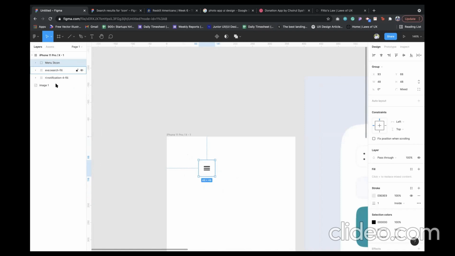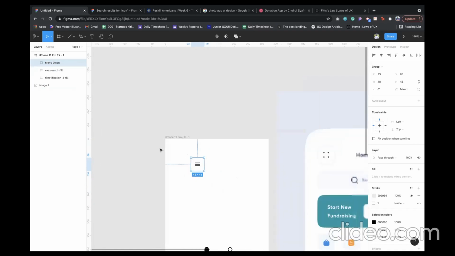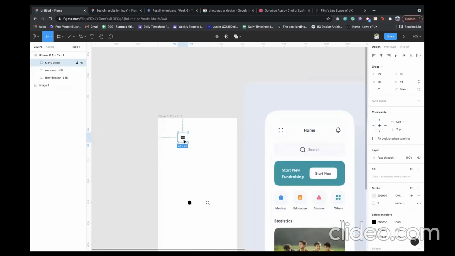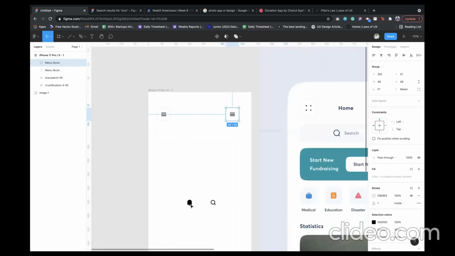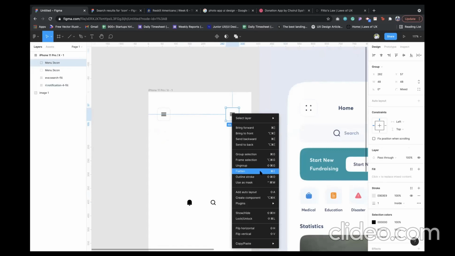Now all these are in the frame apart from this image. That means when I'm exporting, I'm exporting both the frame and the image. So I'll place it somewhere here. I'll hold Alt or Option and drag out, depending on what you're using. And I'm going to do something. I'm going to ungroup this. For me to ungroup it, I'll use Control Shift G, or I'll right click and I'll see group